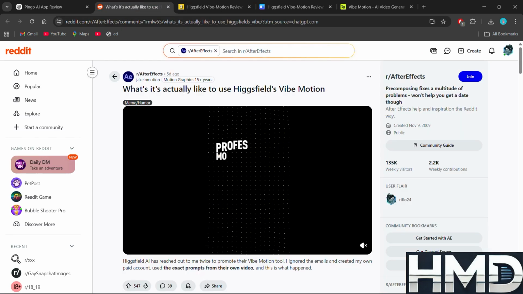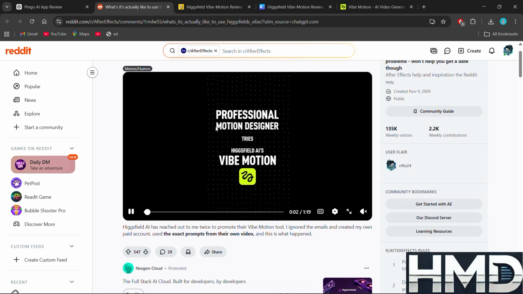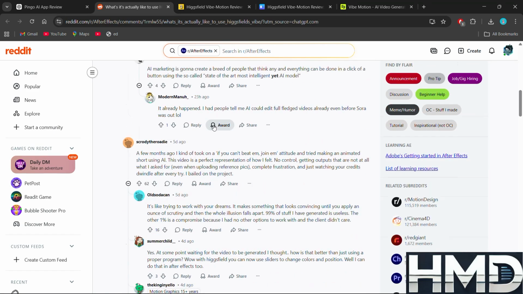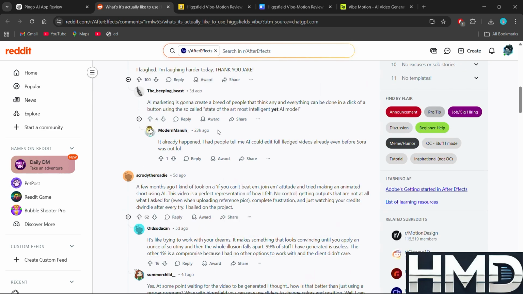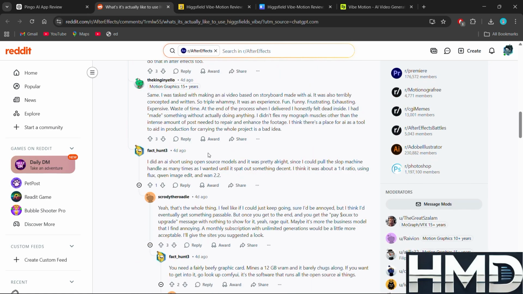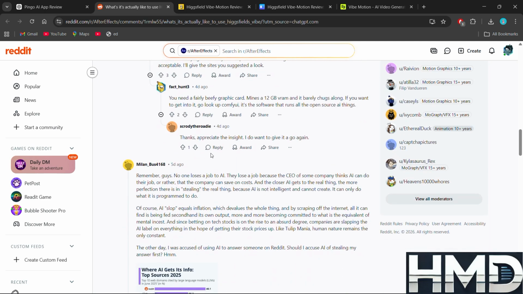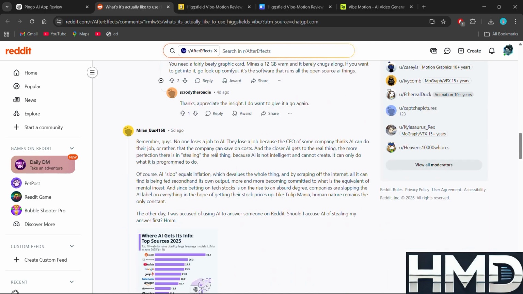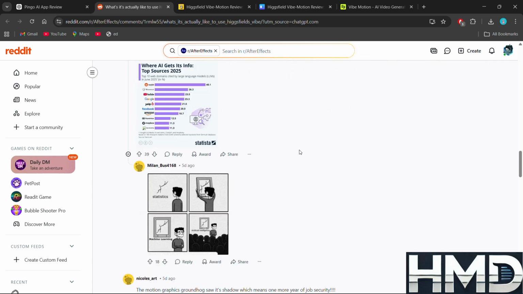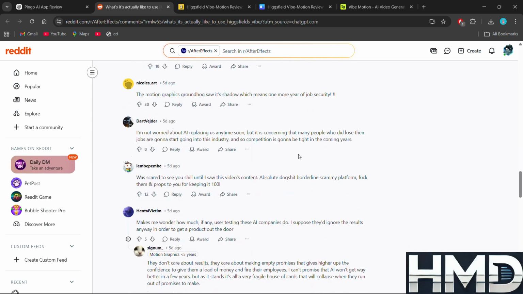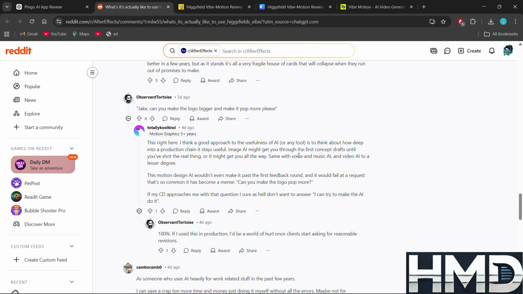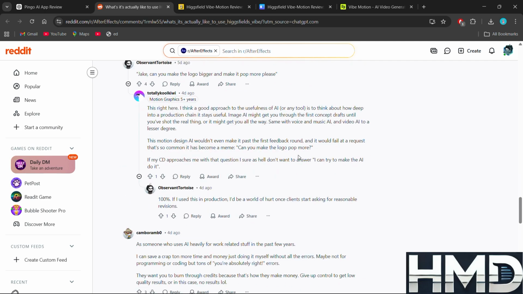Community feedback paints a similar picture. Many users find the tool frustrating, inconsistent, or unable to faithfully follow prompts, and sometimes outputs fail entirely, eating credits with little to show. Critics also point out pricing issues and marketing hype overshadowing actual capability. While the tool accelerates simple animations and lowers barriers, it doesn't replace professional motion designers' skill, taste, and precision.